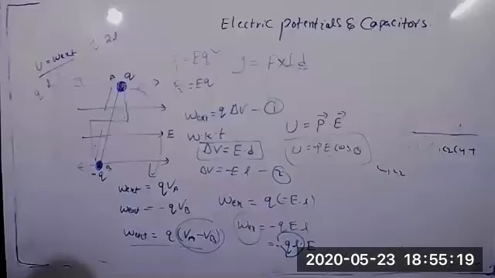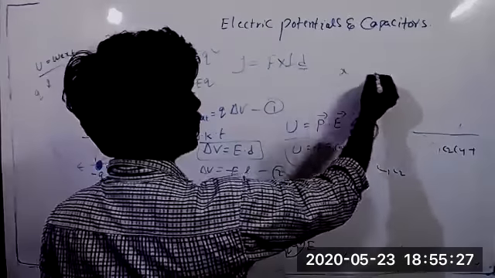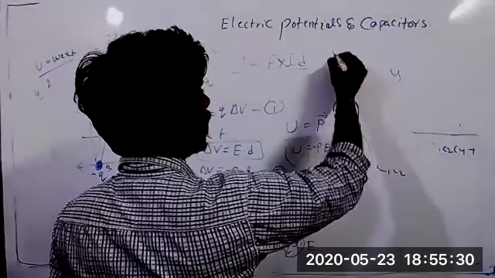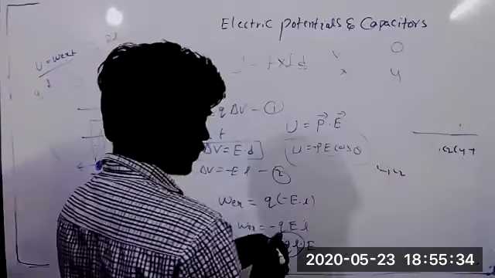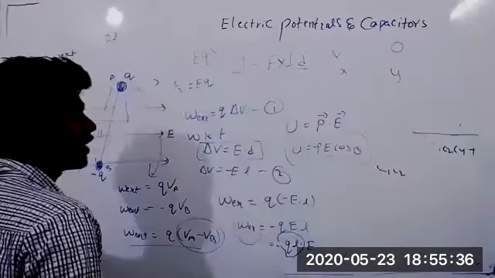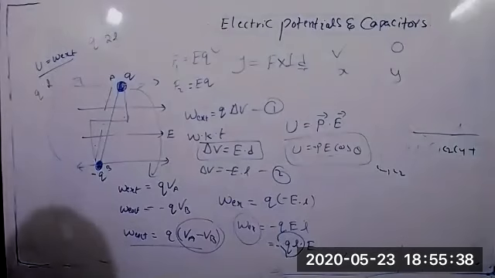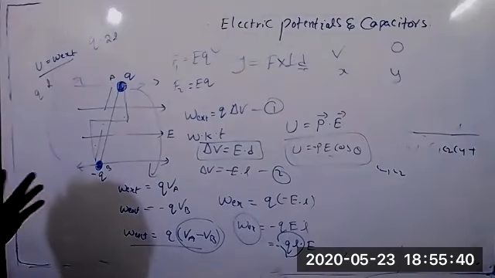Or whatever difficult situation they give, take the unknown points as X and Y, and one point as V and one as O. Then we have to arrange the capacitors, and you will get the answer. So that is one of the methods. We can solve capacitor problems very easily.